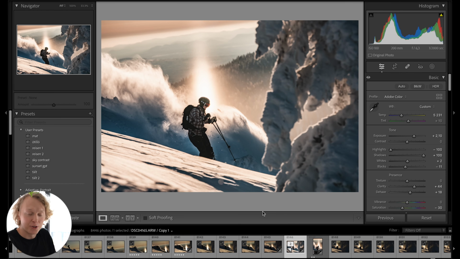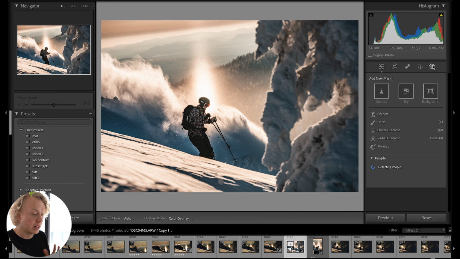If we jump into Lightroom and take a look at the first tip or technique that the pros use, that is definitely going to be the masks, which is one of the most powerful tools inside of Lightroom. And the reason why masks are so powerful is that you can do edits to just certain parts of the image. So for example, just by opening the masking tab, Lightroom has an AI that identifies people inside of the